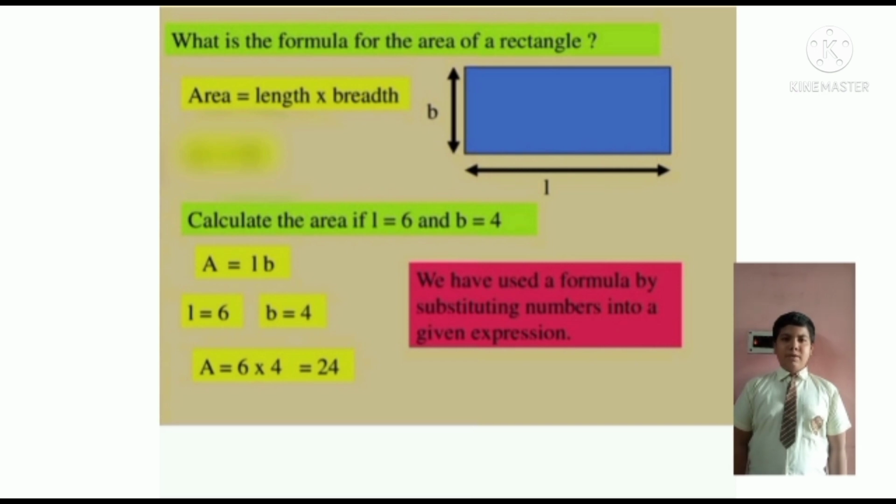And the formula to find the area of a rectangle is length into breadth. If the length is 4 meter and the breadth is 2 meter, then 4 into 2 meter equals 8